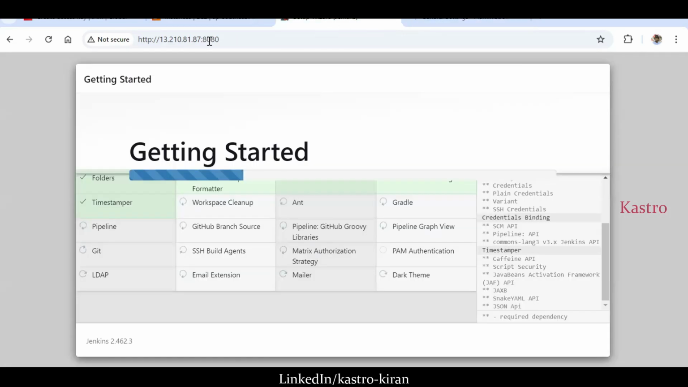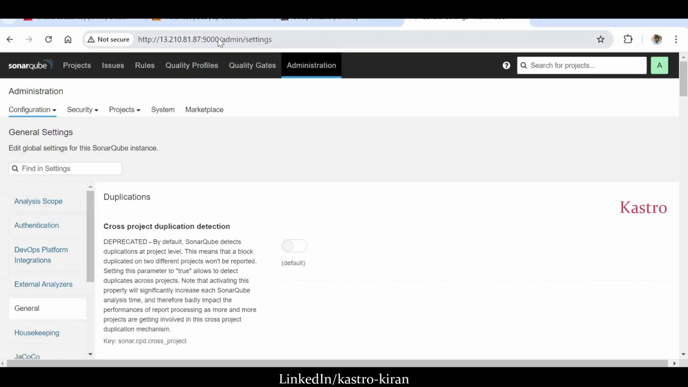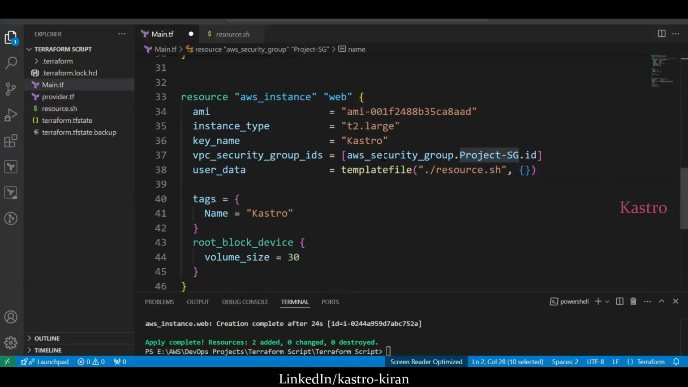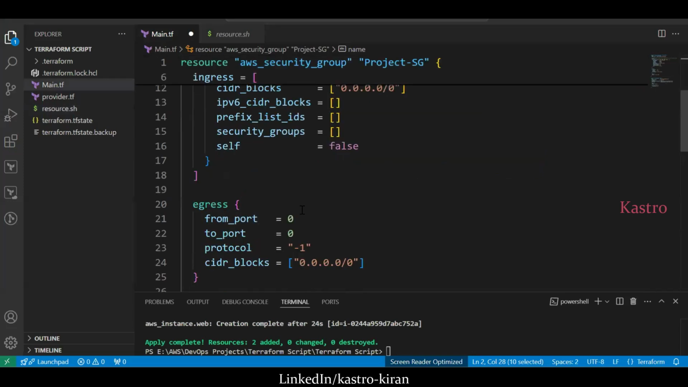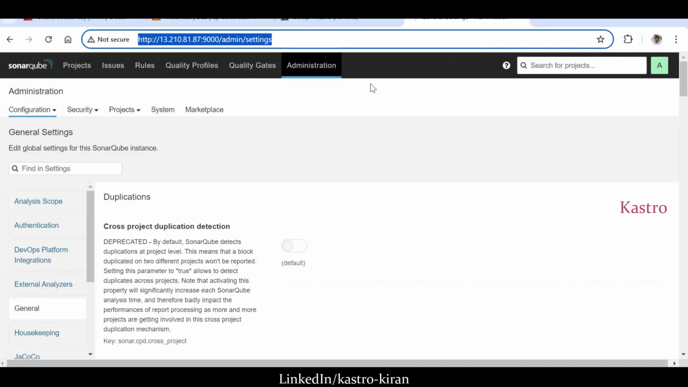Now you might have a question, how do these port numbers, 8080 and 9000, work? Because I have given those port numbers in the Terraform script. If you see the main.tf file, I have opened the ingress and egress rules. If you scroll up a little bit, you can see the port numbers I have opened, 8080 and 9000. So whenever the security group gets created, automatically all these ports will get opened. Since all these ports have been opened, I am able to access SonarQube,